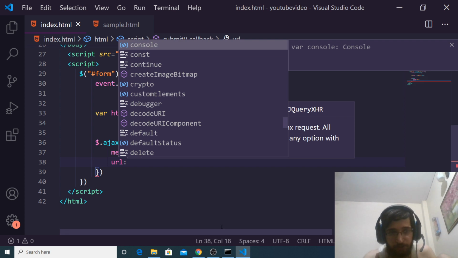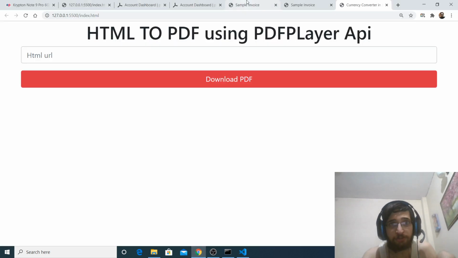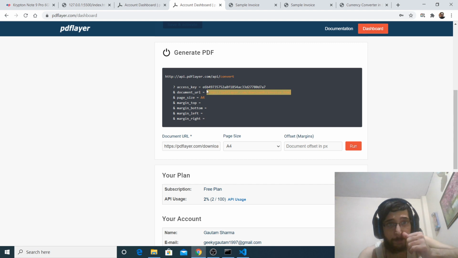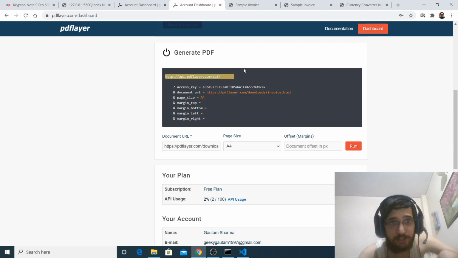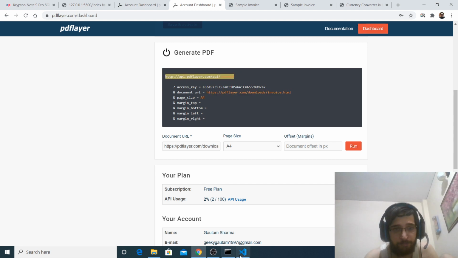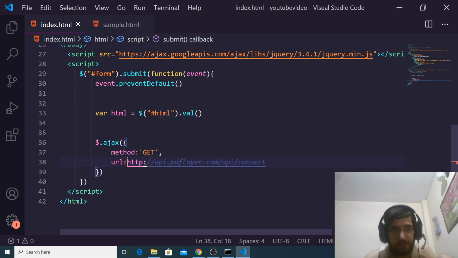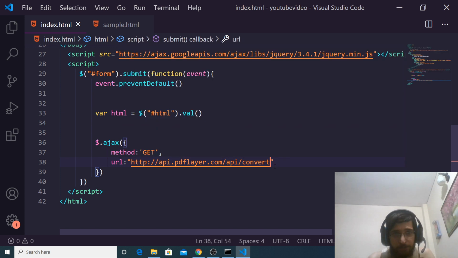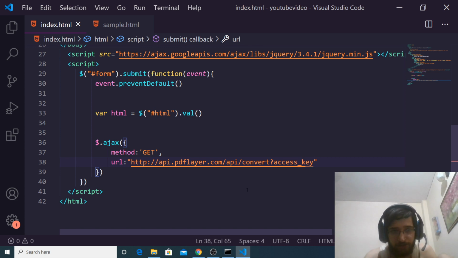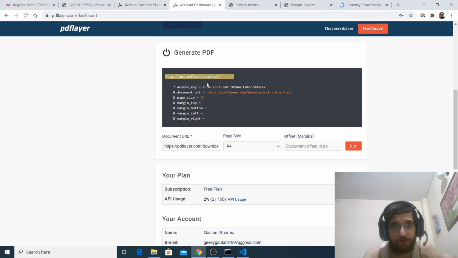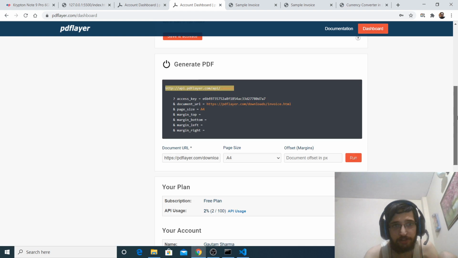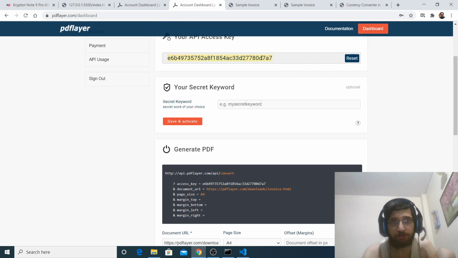So what URL are you making a request to? If I go back, this is the URL. You can see that if I copy this URL and paste it, this needs to be inside double quotes. This takes some options. First option is the access key. You will get your own access key, so don't copy mine. Here I have shown you, so just copy this access key,